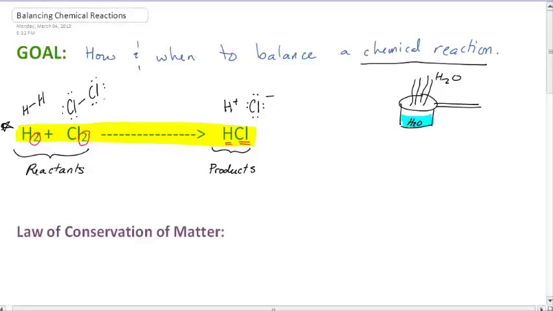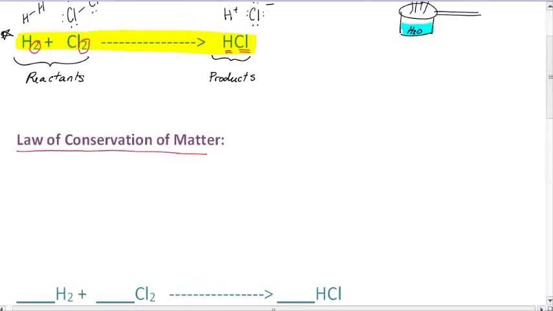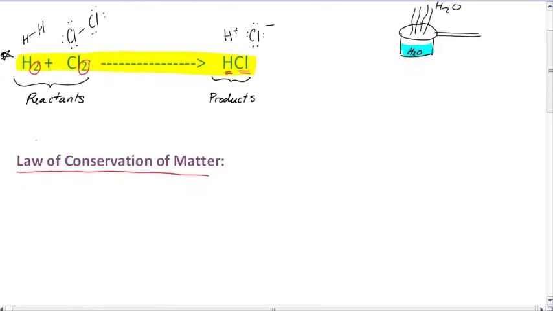They can't just disappear. And so with that, I'm going to introduce a very important concept in chemistry, and it's called the law of conservation of matter. It's exactly what it sounds like. So law basically means it's a rule. To conserve means to keep, not to lose. So if you're conserving energy, you're trying to hold on to your energy. So the law of conservation of matter means that in any kind of chemical reaction, or really any situation, matter means atoms, elements, and molecules,